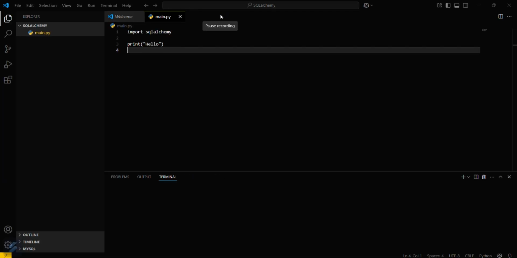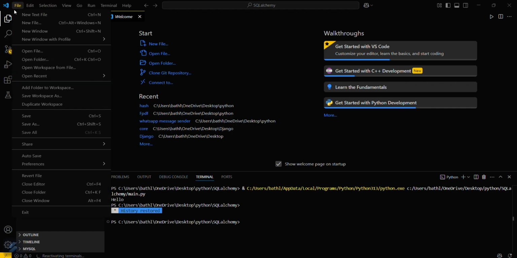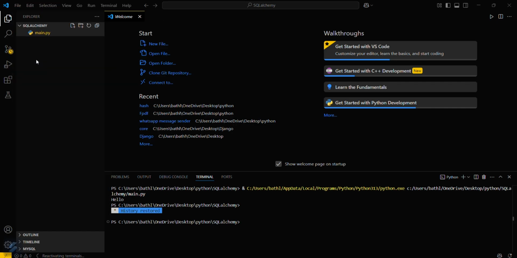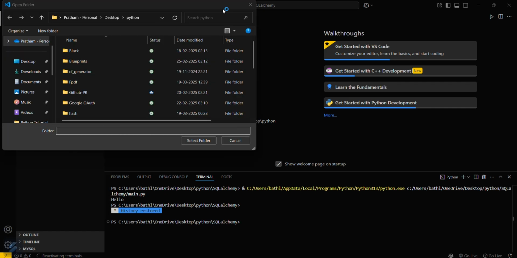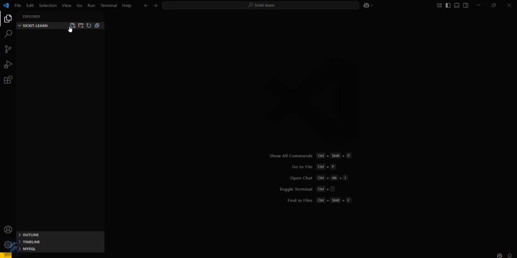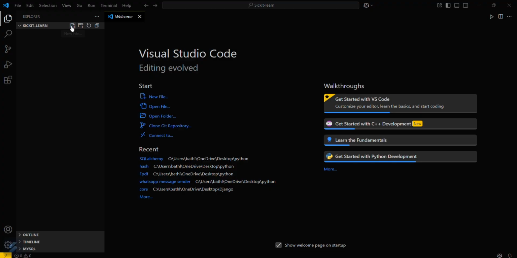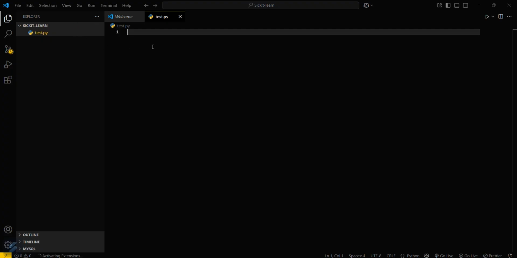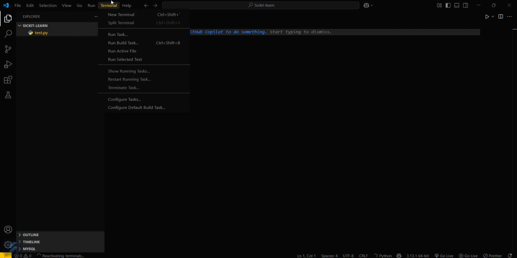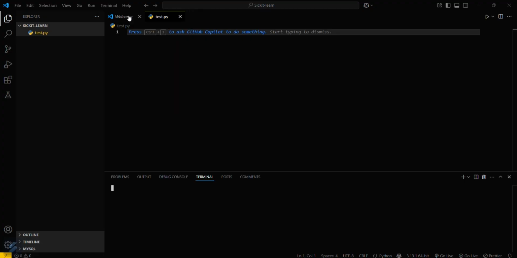You can do this in two ways. I will show you each and every way. Firstly, I will open my required folder, and then I will create a file named test.py. Then just click on Terminal here and New Terminal,